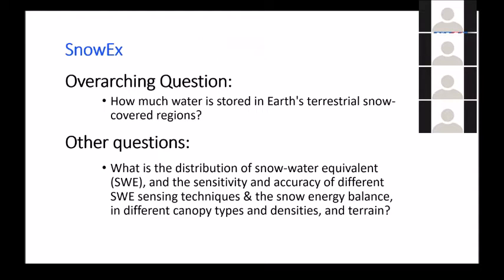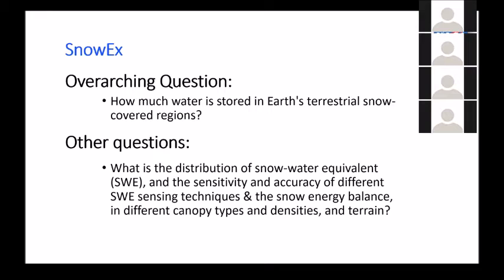So some of the major questions that we're asking with the SnowEx mission: how much water is stored in the Earth's terrestrial snow cover regions? Well, we can look at satellite data and say, oh, I know where the snow is. And in fact, we've been able to do this for 50 years from satellites at varying resolutions. Starting in 1966, NOAA began mapping the location of snow cover. And so we have this long record of snow cover in the Northern Hemisphere, and we can see changes in